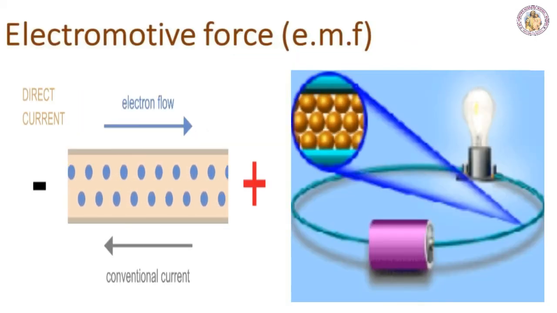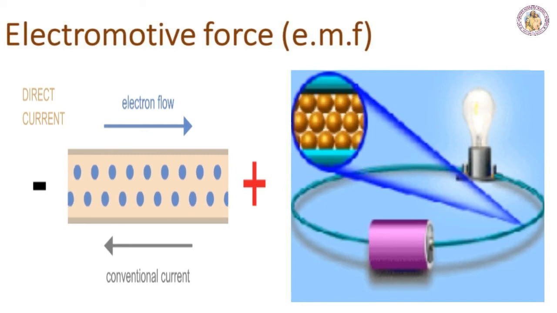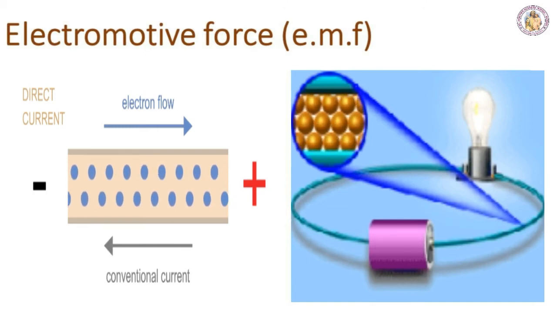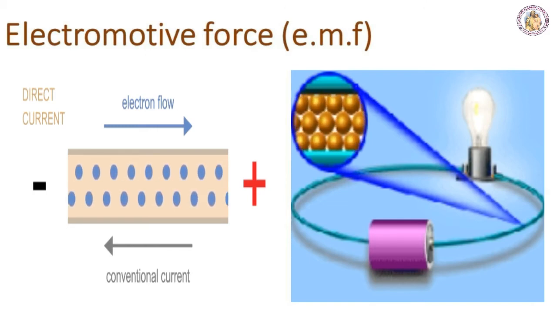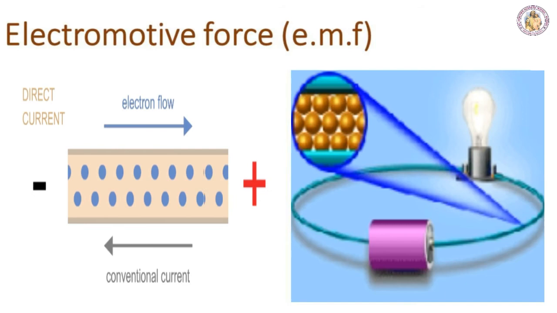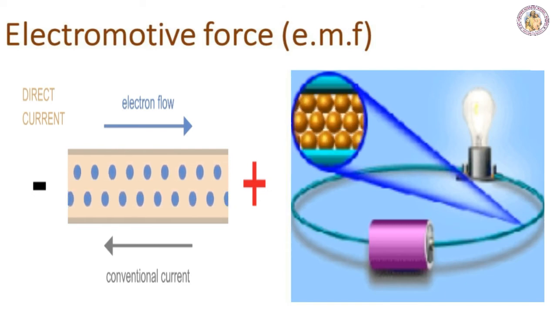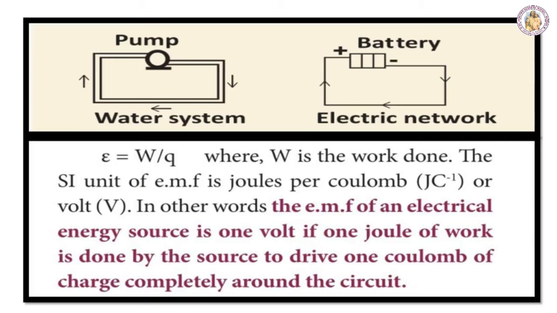Likewise, if you take a circular copper wire, it is full of free electrons. However, they are not moving in a particular direction. You need some force to push the electrons to move in a direction. The water pump and a battery are compared. Devices like electric cells and other electrical energy sources act like a pump, pushing the charges to flow through a wire